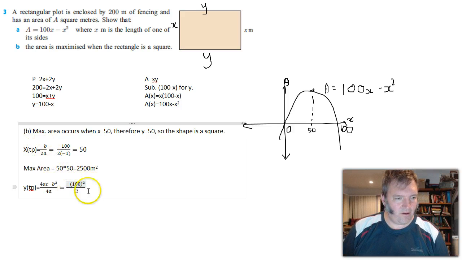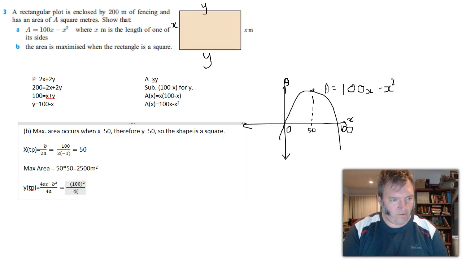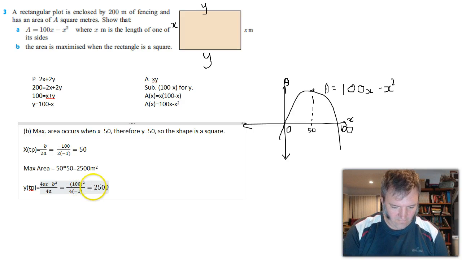Notice that it's negative b. Well, why am I squaring? Oh yeah, that's 4ac minus b squared. So it's negative b squared. That's what we wanted. Divided by 4a, which is 4 multiplied by coefficient of a, which is just -1. So I've got negative 100 squared, so -10,000 divided by -4, 2,500